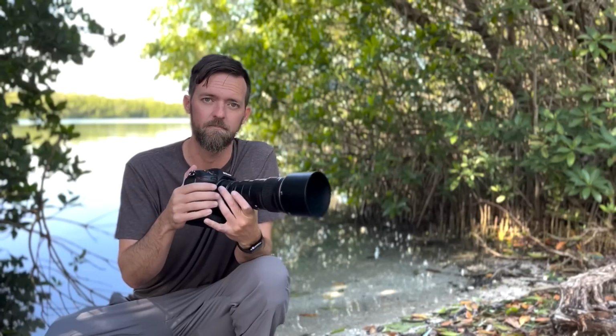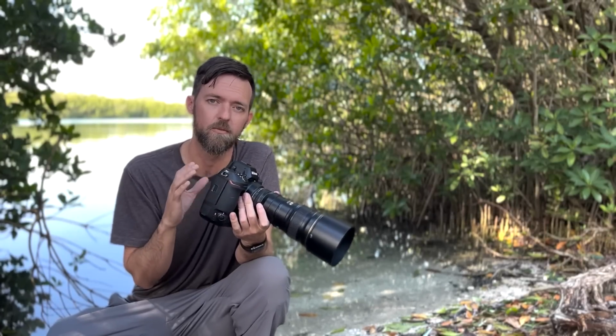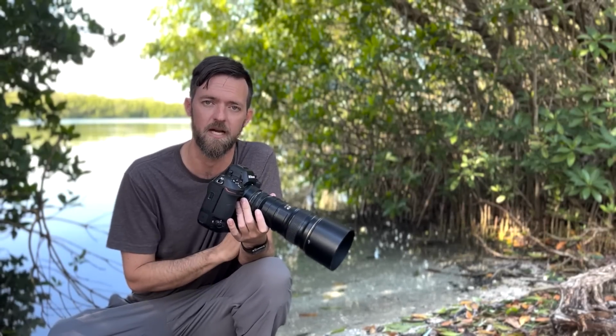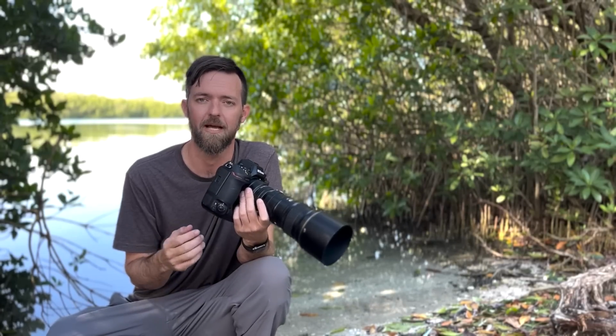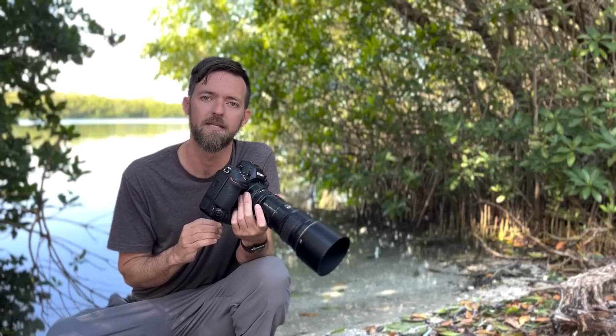So I hooked up my external monitor and recorded through the viewfinder so you could see me doing some photography out in the field, so you can actually see what this camera's doing. And I thought I'd just talk over that. I'm not going to talk specifically about what's happening in those moments necessarily, but you can at least get an